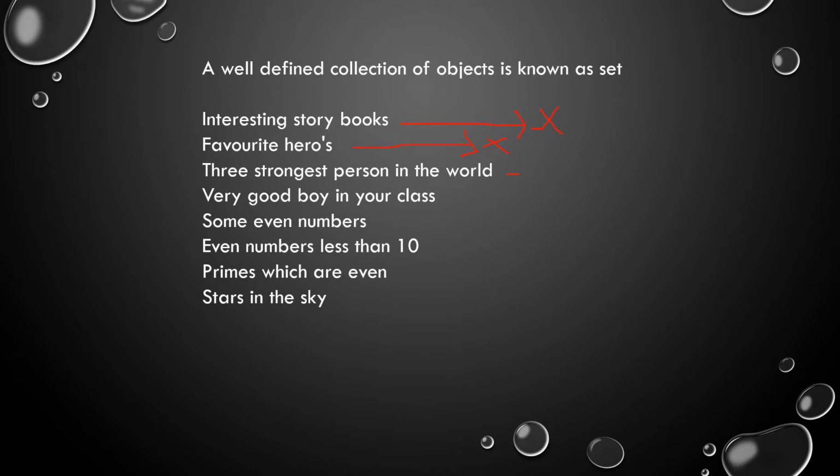And the three strongest persons in the world, nobody, even myself, will say that I am the weakest one in the world. Who will admit that I am the weakest person? No person will admit that. So the strongest persons in the world we definitely cannot write, because if you ask them, I will write my name and not the other names. I will not miss my name. So the names are not common for all.